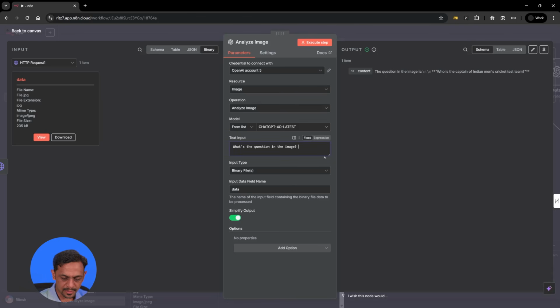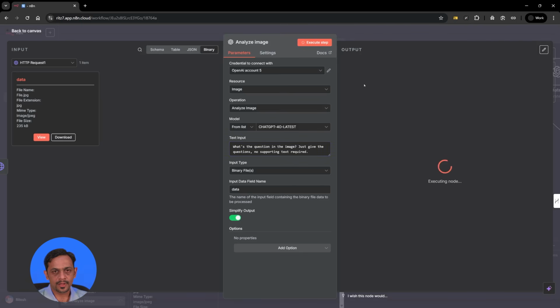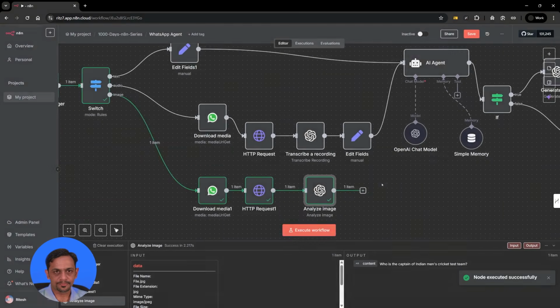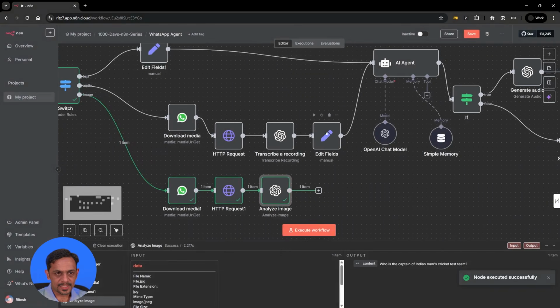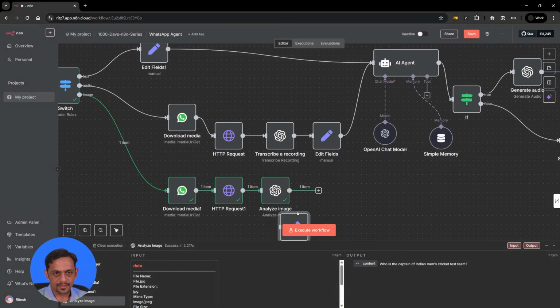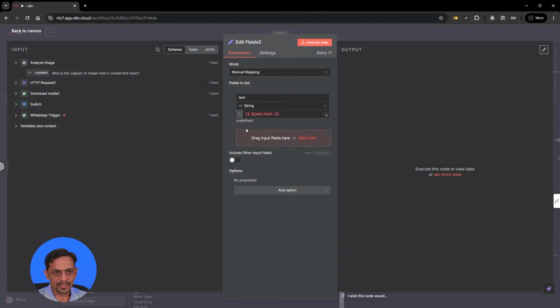So let's ask, just give it the question, no supporting text required. Let's run this, and you get only the question, right? So once we get this, just use the same feed here, same node basically, and we already have this. So in this case, it will become the context. Execute,